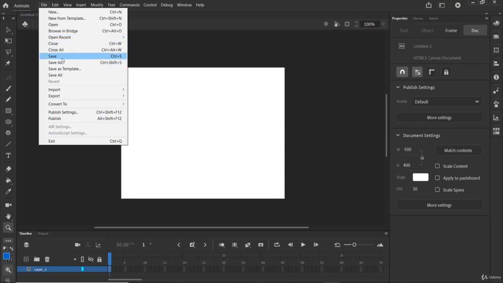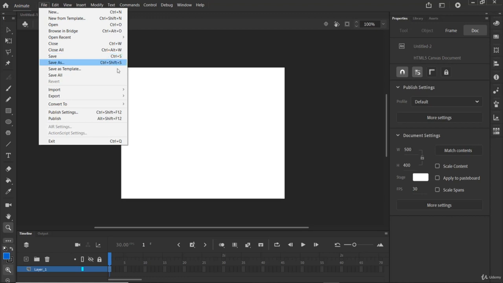And if you want to save, you have to click Save, or you can use Ctrl plus S. You have to know these shortcuts: new document is Ctrl plus N, new from template is Ctrl plus Shift plus N. All these you have to know.